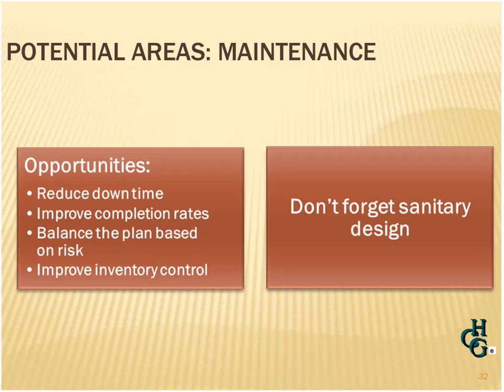Another area for potential improvement definitely is in the preventive maintenance program. You can work to reduce downtime. That's very measurable. You can work to improve your completion rates. You don't have to have a 100% completion rate on your preventive maintenance program. It can be acceptable to say we will maintain an 85% completion rate, for example, provided those activities that are directly related to food safety risks are always taken care of first. So you can look at completion rates of preventive maintenance programs as a potential goal and make sure that plan is balanced and based on risk.